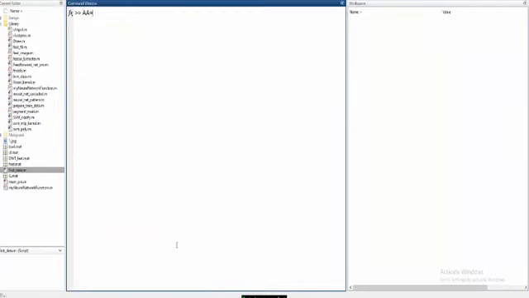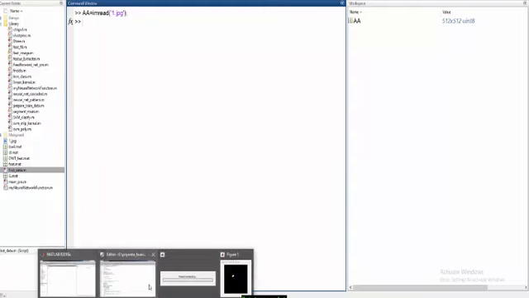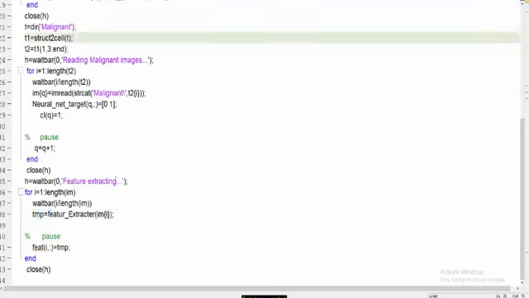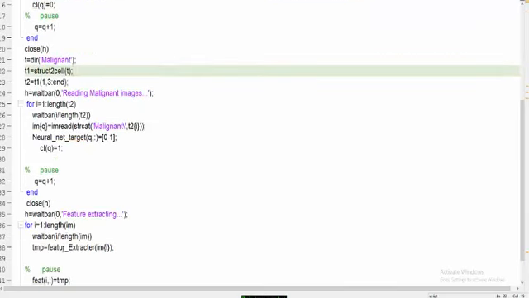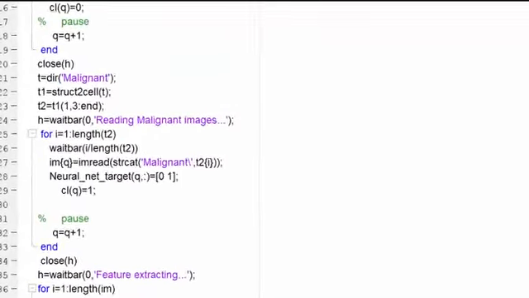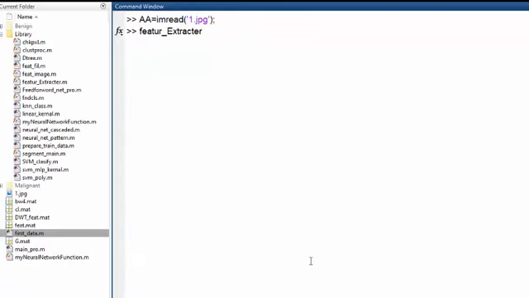I'm reading this image with imread. The extension of the image is JPG, so 1.jpg. The image is being read. Now I need to call my main function, which will extract the features followed by the segmentation. I pass the image and all the extracted features are stored in feature all.